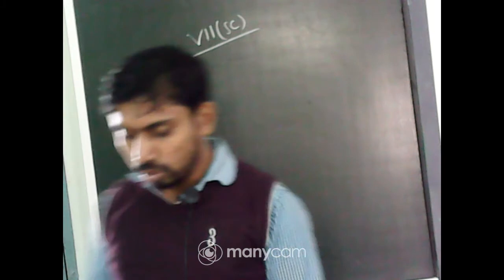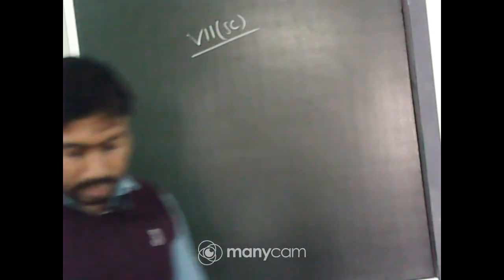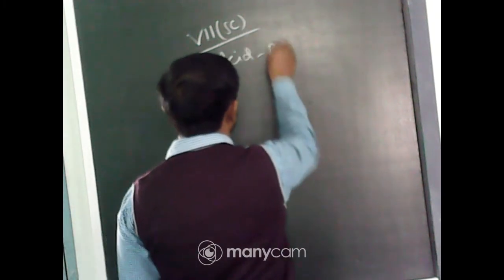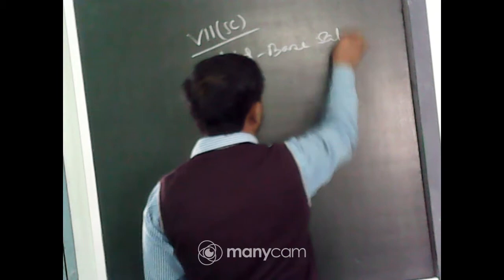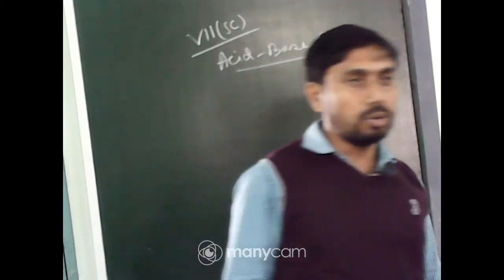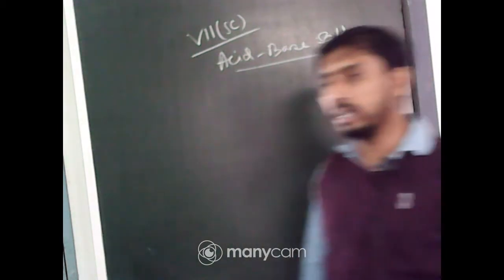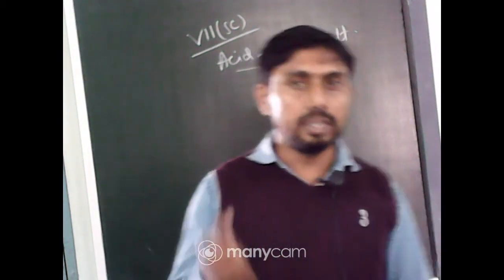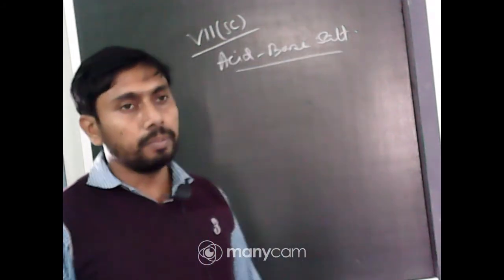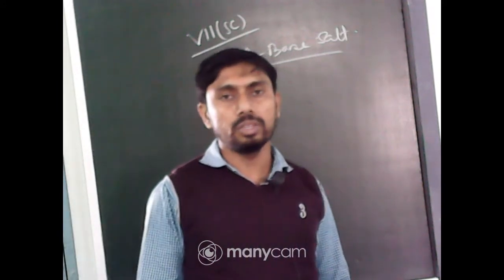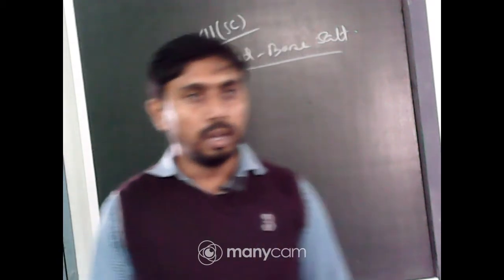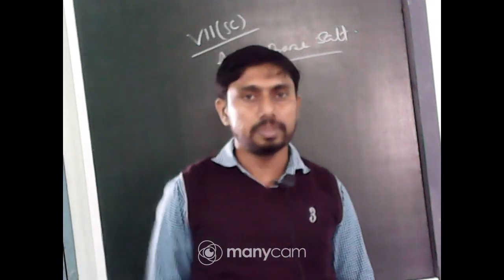The first question is from the chapter acid, base and salt. Everyone should carefully note down all the points mentioned in the NCERT text, sometimes in text questions, and also the exercise questions. You should build a concept on this chapter, because acid, base and salt are three different compounds having specific characteristics.